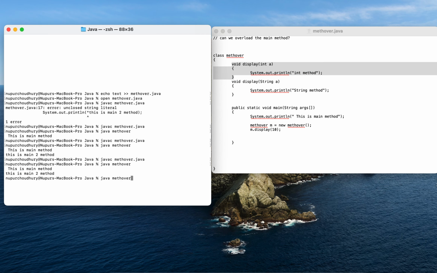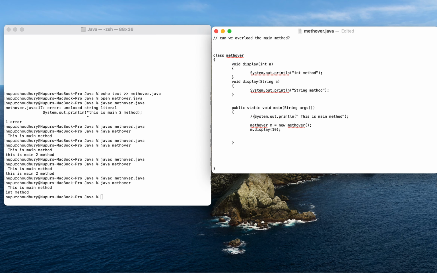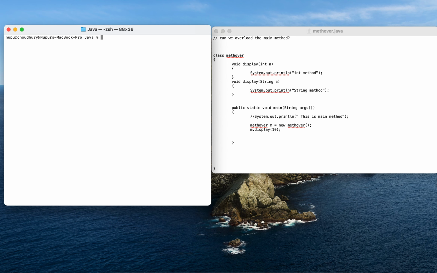Okay, let me execute and see. Let me comment the main method so that it is not creating any confusion in the output, and let me clear this screen. Okay, so now let me compile this, and now I am executing this.